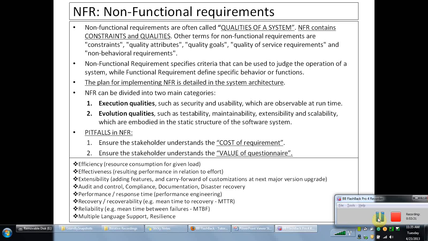There are a few pitfalls in NFR. Ensure that the stakeholders understand the cost of requirement, and also ensure that when you go on to collect the non-functional requirements, they understand the value of your questionnaire. If you go ahead to ask whether multiple language support is required, normally they would not say yes, but sometimes just for the sake of saying they may end up saying yes, and the cost of requirement may increase because